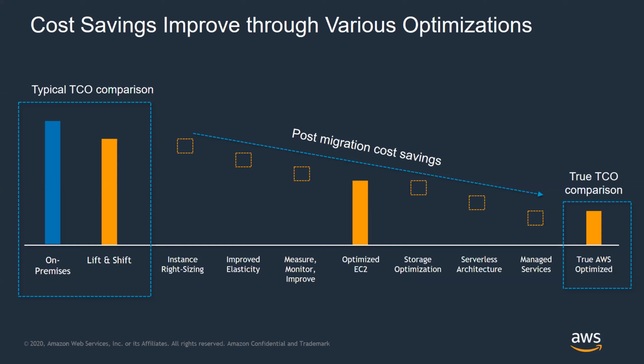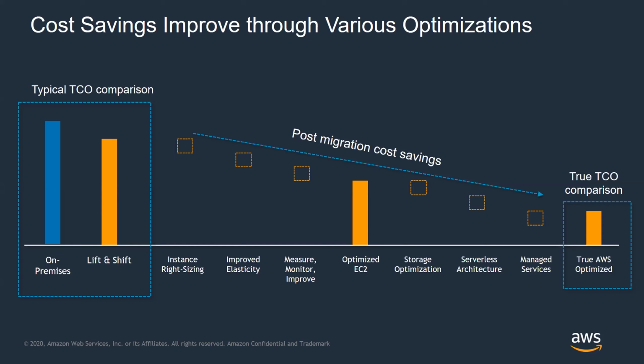Shutting off QA systems. It's really the fact that in all of these Nitro-based instances, we've offloaded a lot of CPU cycles onto these Nitro cards. So that frees up a huge amount of cycles for real work, for your applications and databases to run. So the first thing you look to do is to really figure out the right instance size. And then you start looking at how to optimize some of these other areas, right?